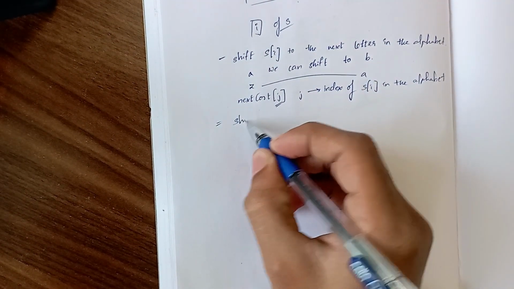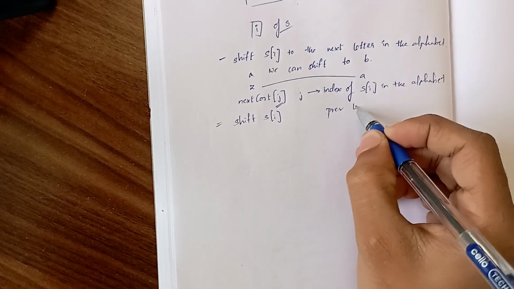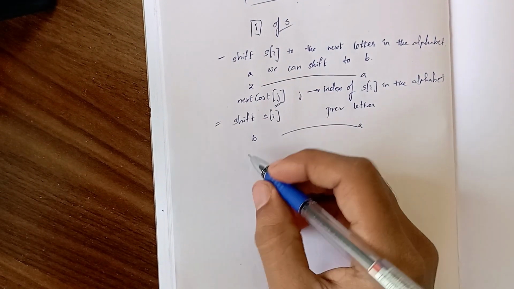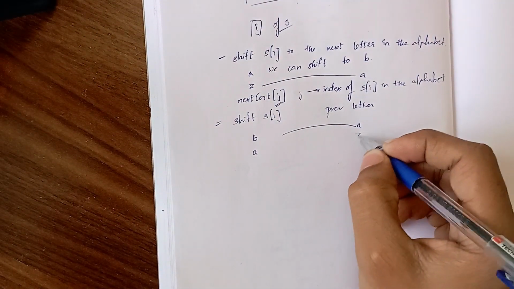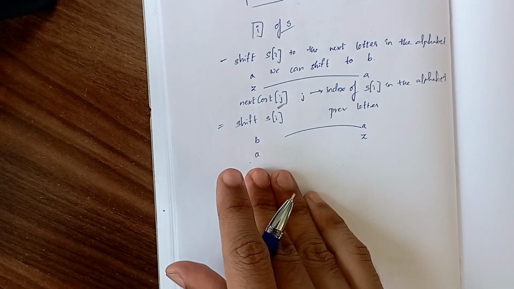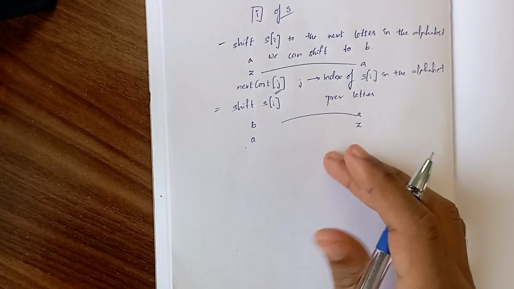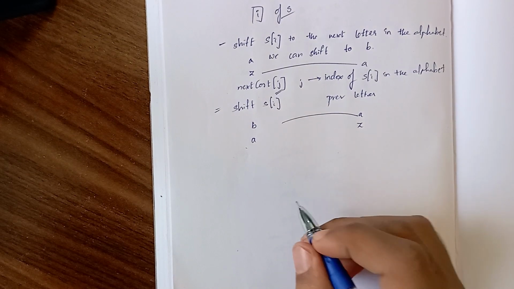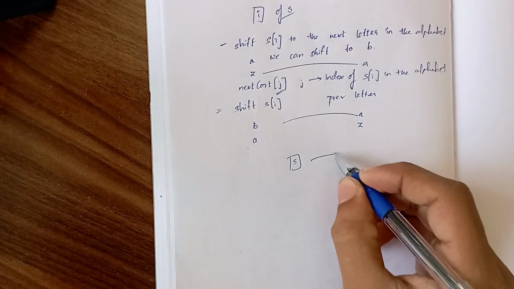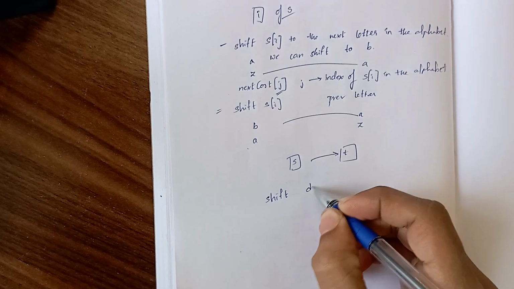In the other operation, we can shift S of I to the previous letter in the alphabet, so B can be shifted to A and A can be shifted to Z, because the previous letter to A is considered Z. Now, the shift distance is the minimum total cost of operations required to transform S into T. So we need to return the shift distance